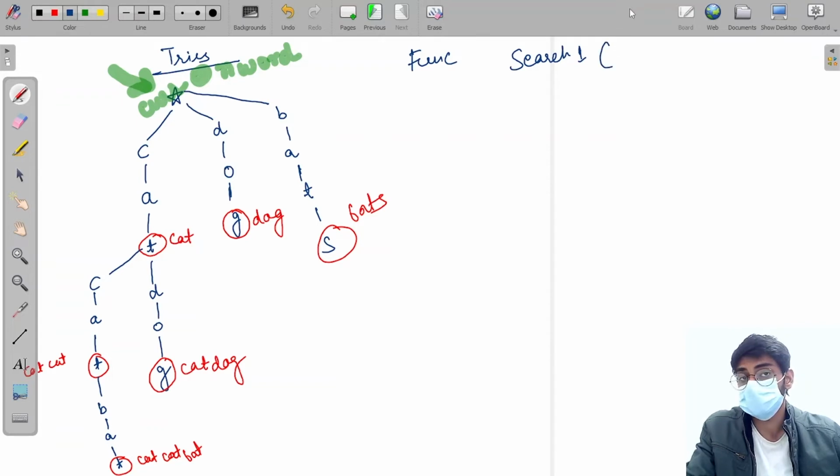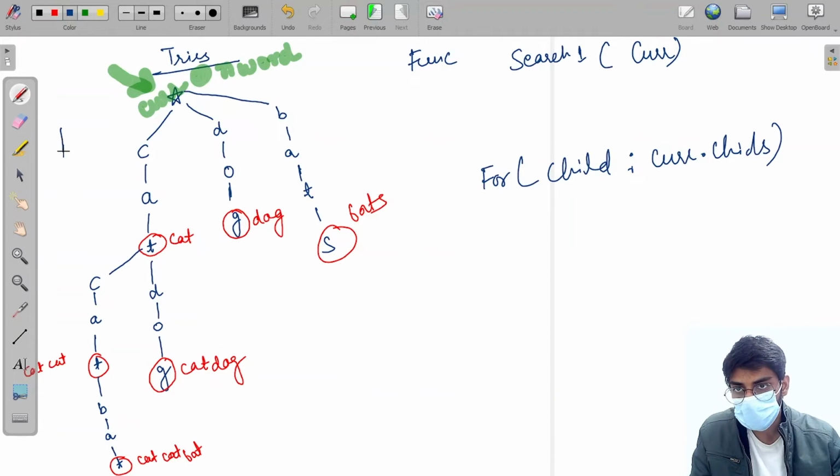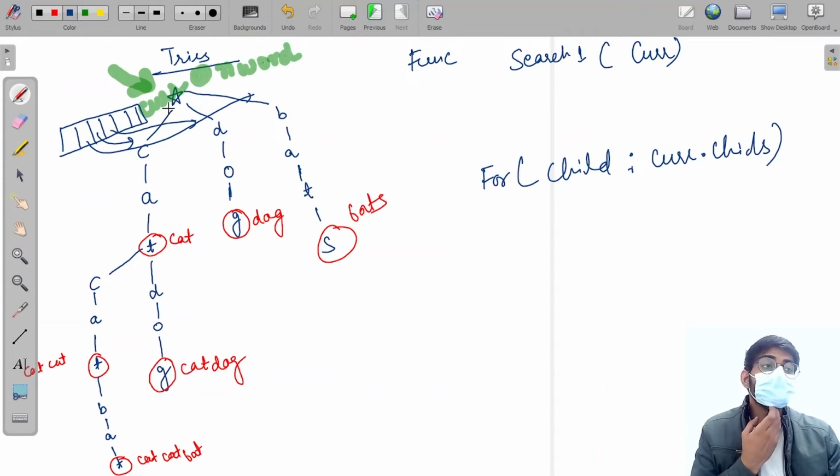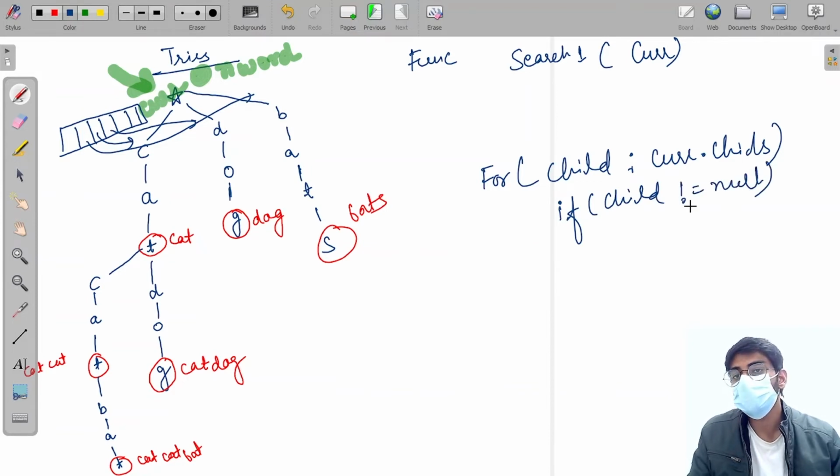This is our first searching. It is going to receive our current. And what I'm going to do is write a for each loop: for child of current of childs. It is going to search through each array like this. We have this array and we have these values, like C is this, D is this, and B is this, that means the not null values. So if child is not equal to null, then